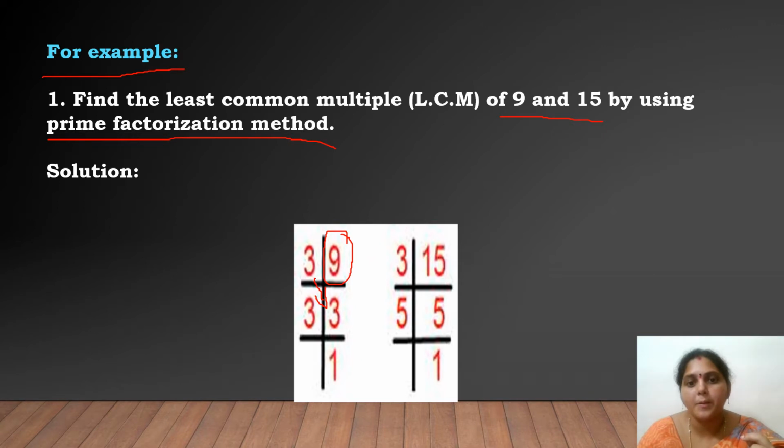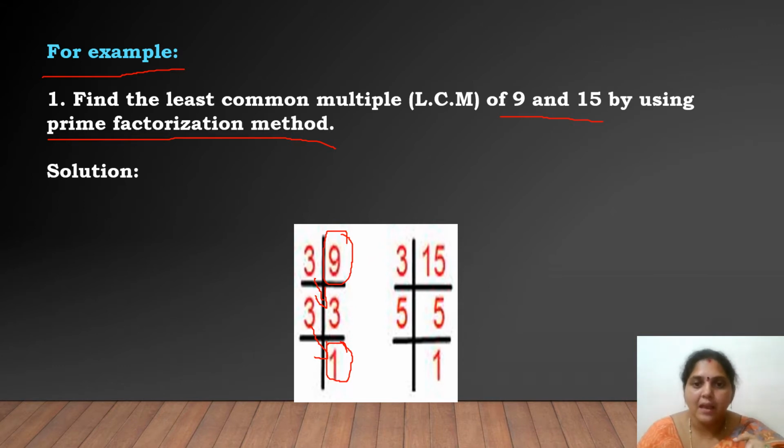We can stop here. But if you want, you can continue the factorization by dividing with the prime 3 again and getting your 1. 3 ones are 3. You can do until you get the number 1. But remember that 1 is neither a prime number nor a composite number. We will not include it. But for your clarification, we will be doing the division until we get 1.